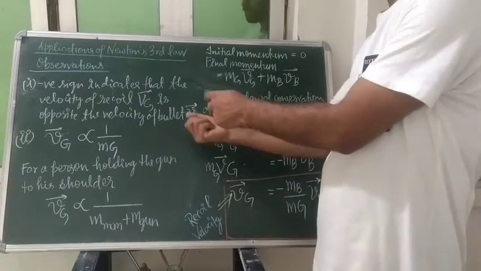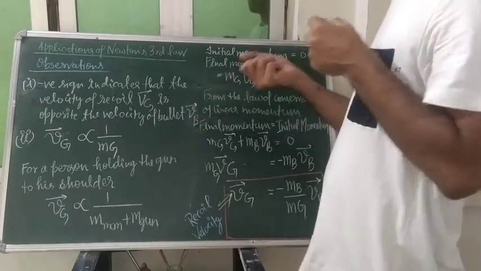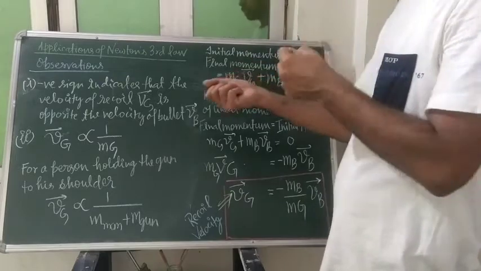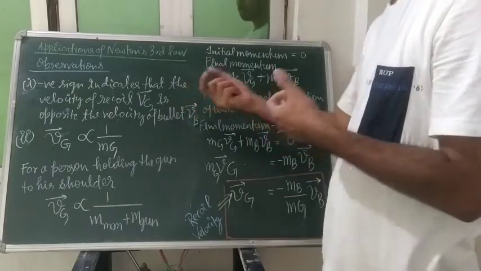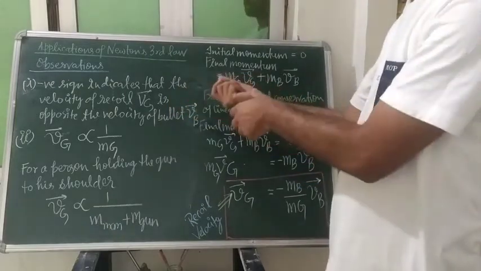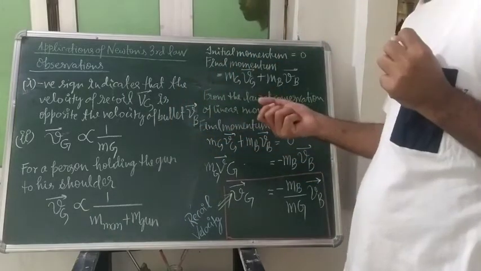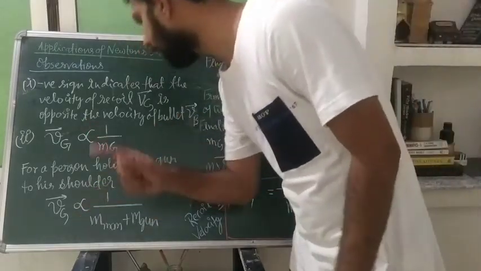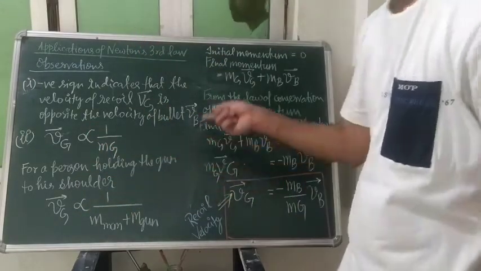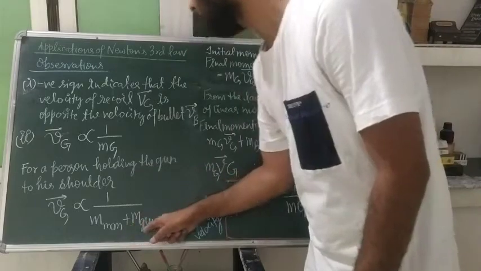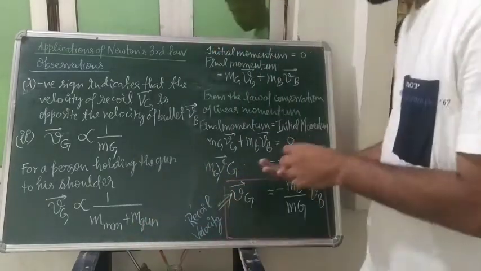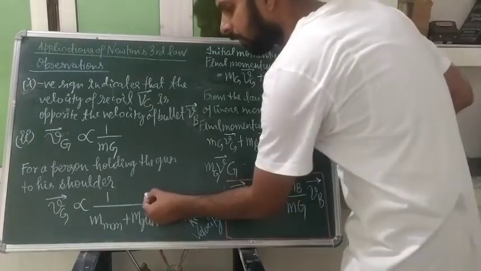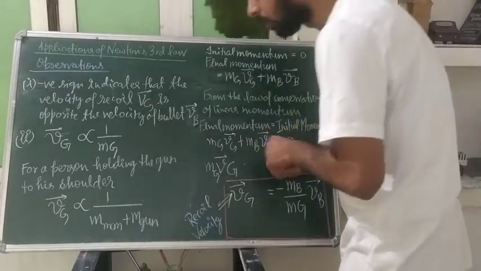If you are holding the gun to your shoulder, the mass of the gun becomes attached to your body. So in that case, our recoil velocity becomes inversely proportional to the mass of the man and the mass of the gun, and so a person